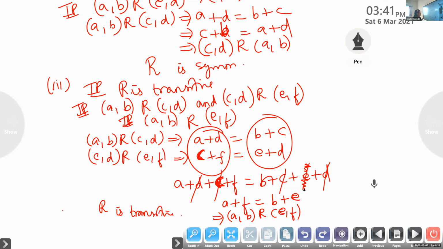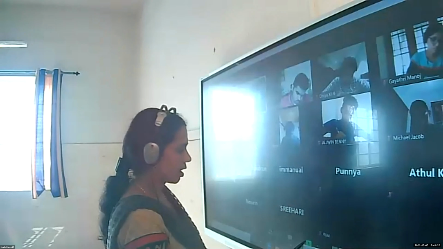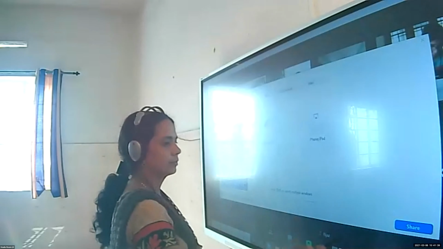Okay, so another question I'm giving, that is not in your book, but it is a board exam question. Note down and try this one. The same similar question only. Write down. Show that the relation, note down and try it as homework. Show that the relation R defined by